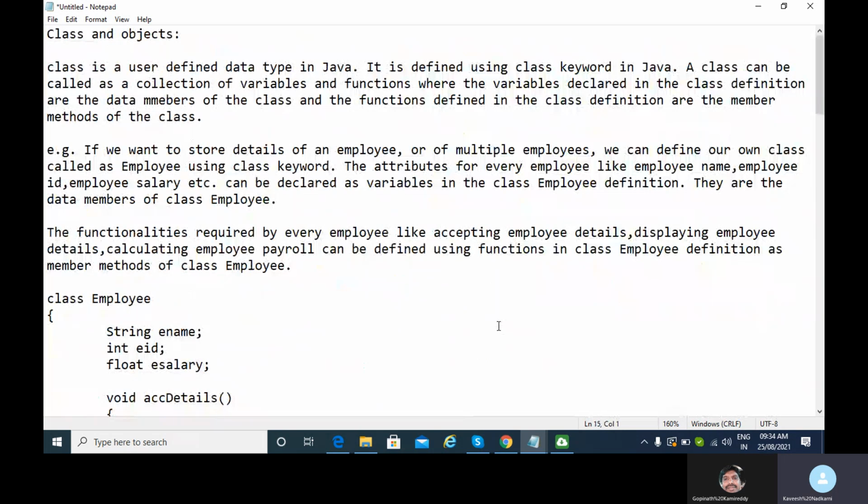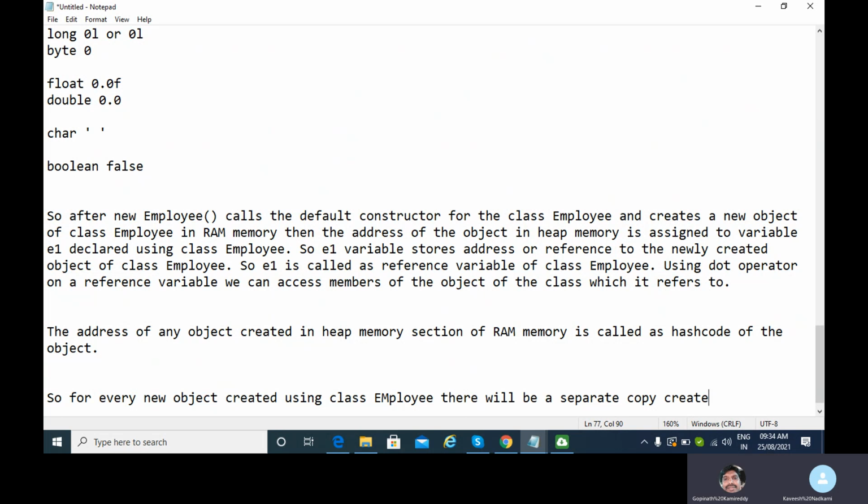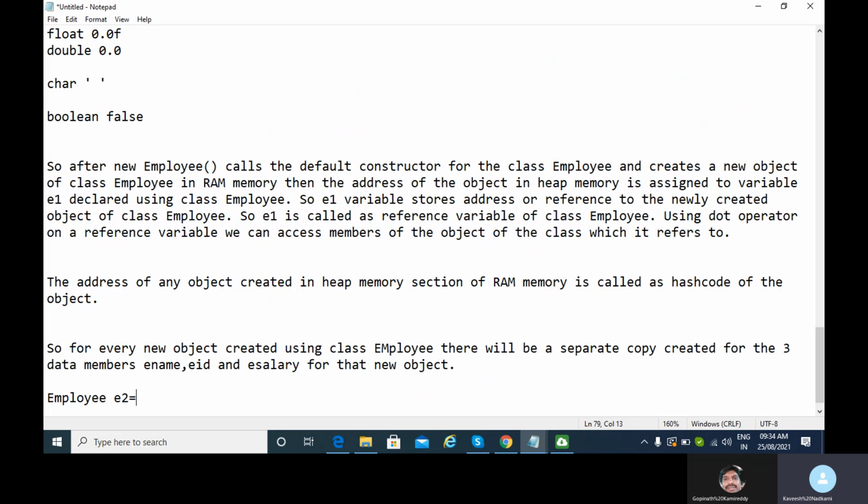Now suppose I had defined like this. One more point I would like to add here. For every new object created using the class type Employee, there will be a separate copy created for the 3 data members, that is ename, eid and esalary, for that new object. For example, if I create 2 more objects, Employee e2 = new Employee().